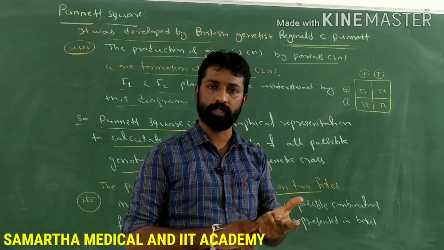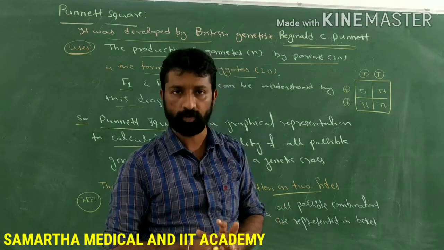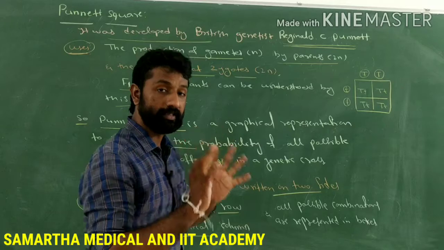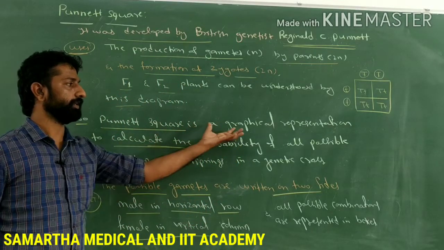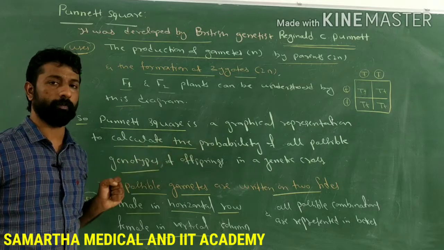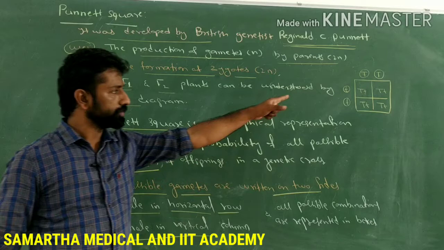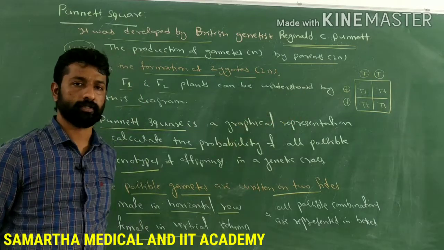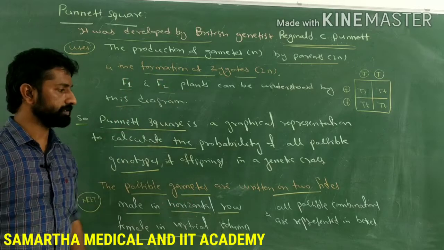Heterozygous or homozygous, if we consider that, it means only the genotype of that particular individual. This is how, by using the Punnett square to graphically represent all the possible combinations of the genotypes, we get to know the genotypes of the possible offsprings in a genetic cross. Is it clear, guys? Make a note of these points.